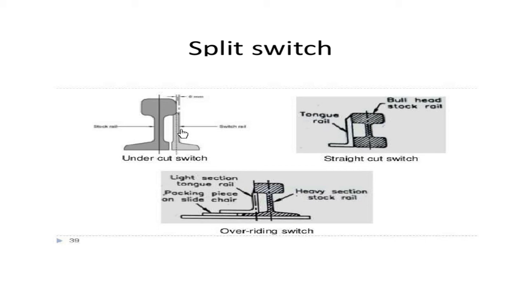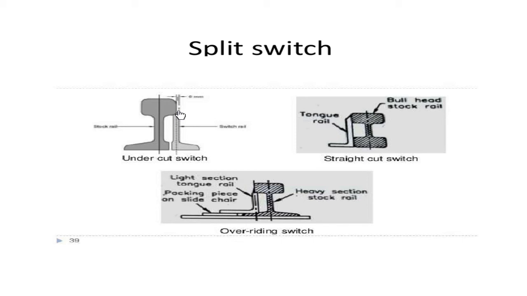So in olden times, what happened? The undercut switch was such that a level difference was there, but in the modified undercut switch this height difference is not there. Even though these two are flush together, a 6 mm difference will be there, and you should understand that this rail is moved to the left or right, so that a gap is formed and the flanges of the wheel can move through, taking the diversion. Now coming to this kind, the undercut switch, I have told you that here a level difference is there, but a modified type is there, whereby it is at the same level as the stock rail.